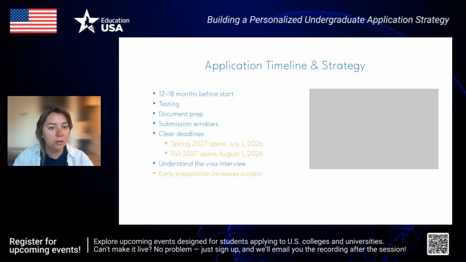Finish all your testing, get all of your application requirement classes out of the way, start to prepare the documents you need. You need a valid passport. That means valid for the duration of your stay. So when you do your visa interview, your passport has to be valid for at least 6 months at the time of your visa interview. So if that's something you need to do, put that on the list.